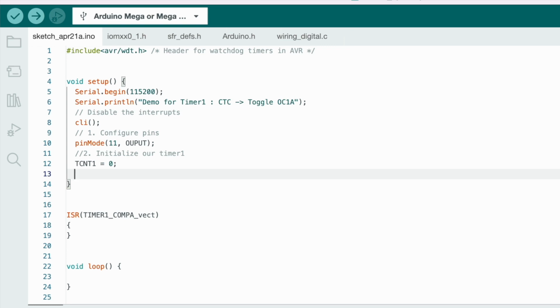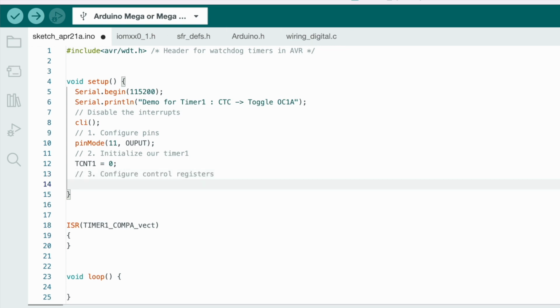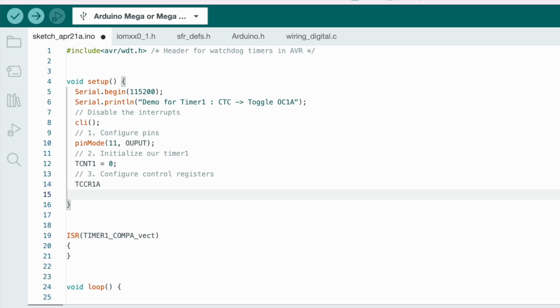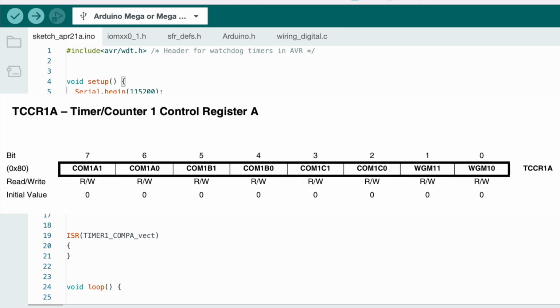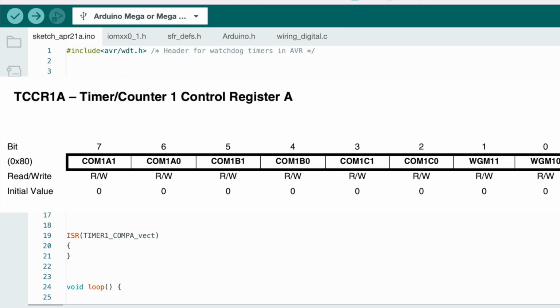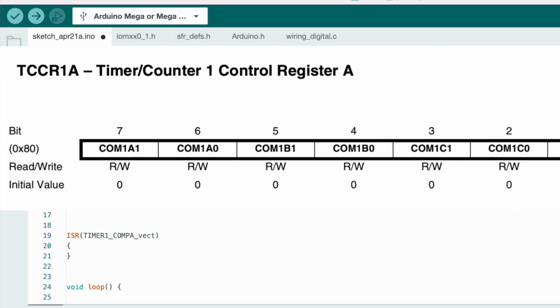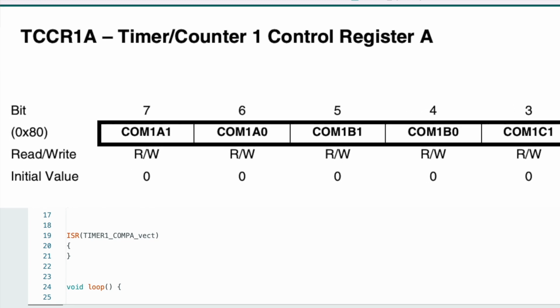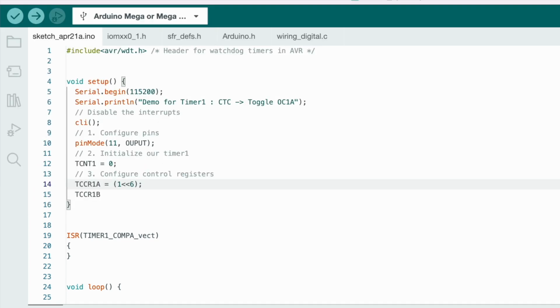We have initialized it, and the third step is to configure the control registers. We have two control registers here, control register A and control register B: timer counter control register 1A and timer counter control register 1B. In 1A, we have to enable the 6th bit for selecting the toggling feature of the dedicated pin output compare 1A.